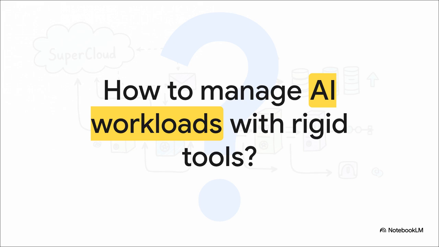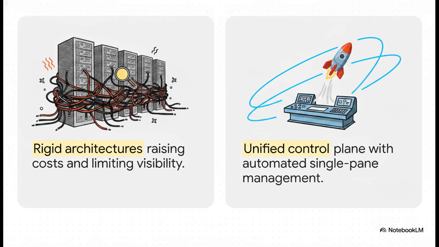The real nightmare starts when you try to oversee these hypermodern, liquid-cooled environments using outdated, rigid tools. Honestly, it's like trying to fly a modern commercial jetliner using the dashboard of a 1990s sedan. You just don't have the dials, the gauges, or the deep visibility you need, which means you're basically flying blind into highly volatile territory. And this contrast perfectly highlights why those traditional models are failing us. They rely on these rigid, tightly coupled architectures that inevitably cause critical blind spots, underutilized resources, and rapidly skyrocketing power